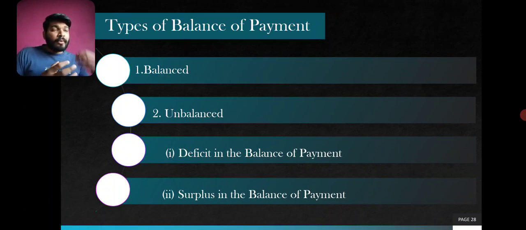Deficit means we have to pay the amount of money. Normally it happens like this much import, this much export, and for example if our export is more, then we can gain foreign income. If our export is less and import is more, we are going to pay for the payments of the remaining money. So this is how it happens, but we are going to learn it in detail later.